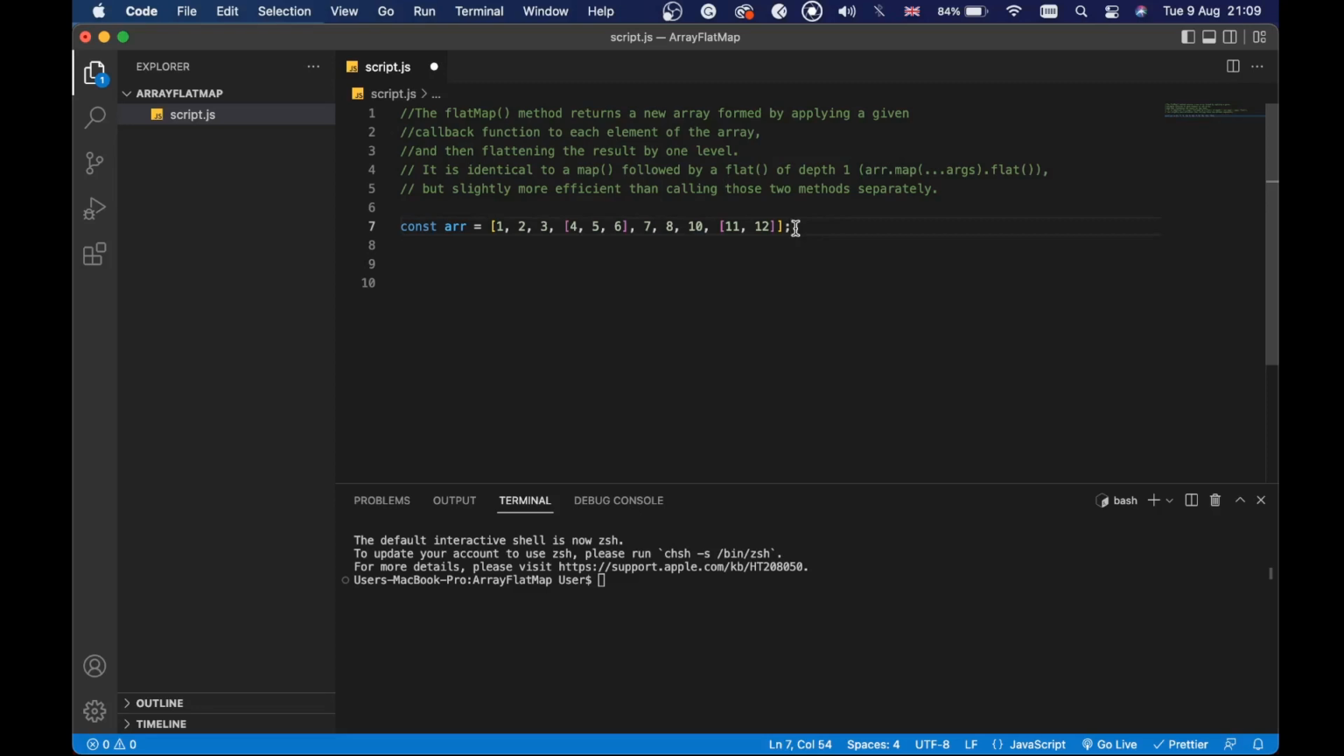The flatMap method returns a new array formed by applying a given callback function to each element of the array and then flattening the result by one level. It is identical to a map followed by flat of depth 1, but slightly more efficient than calling those methods